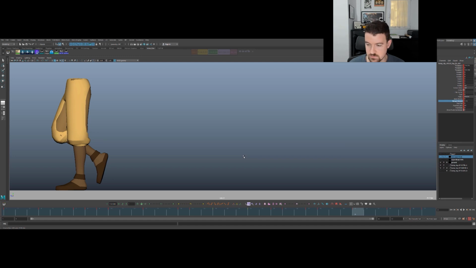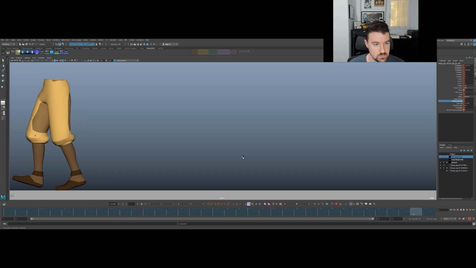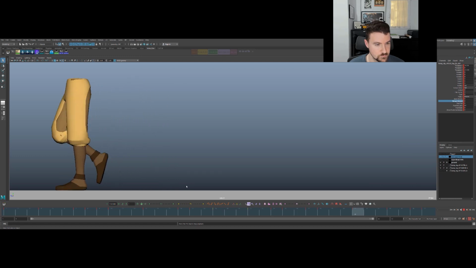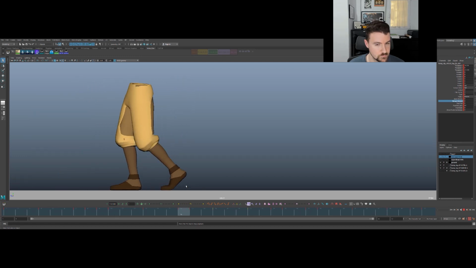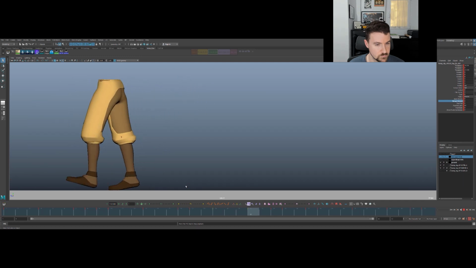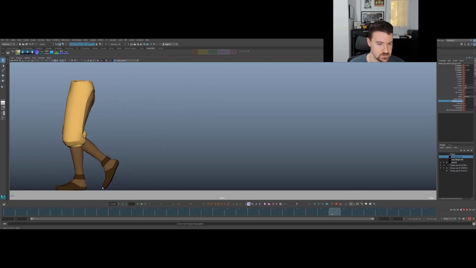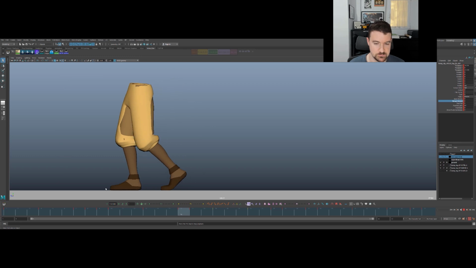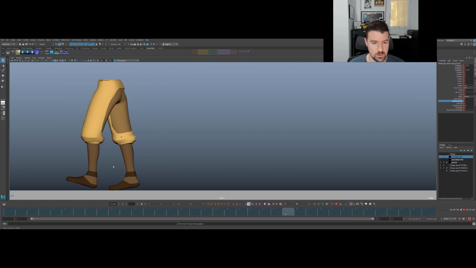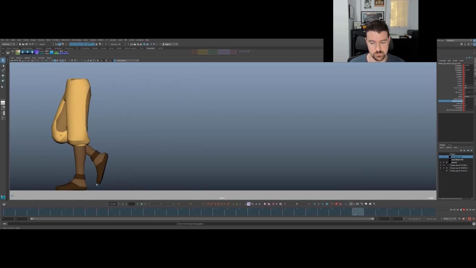Hopefully the stretch isn't too noticeable. That's the thing, is you don't want the stretch to get too noticeable. Right. Okay, so that's much smoother in terms of foot pickup, plant, all of that good stuff, right? We're gonna save the knee pops for last and polish. For now, I'm going to do everything that we did for this foot to the other foot, and then we'll